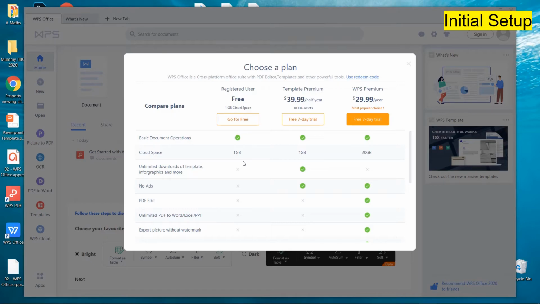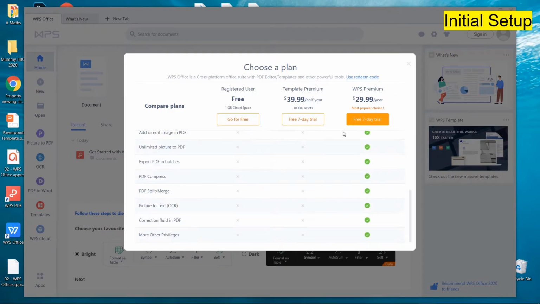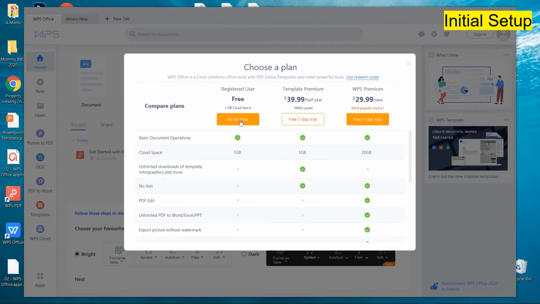PDFs are probably the largest files you work on because they normally have images and some of them have sound. Word documents and Excel files tend to be really small, so even then I don't think you will have to worry about the paid versions. So let's just go to free,